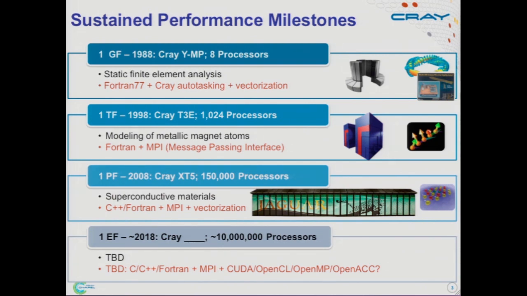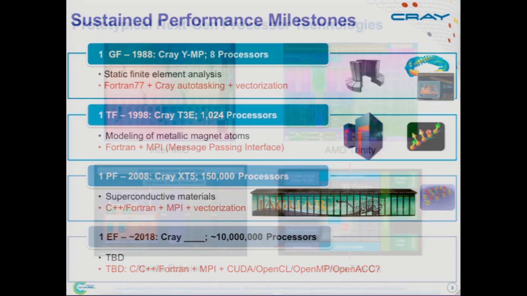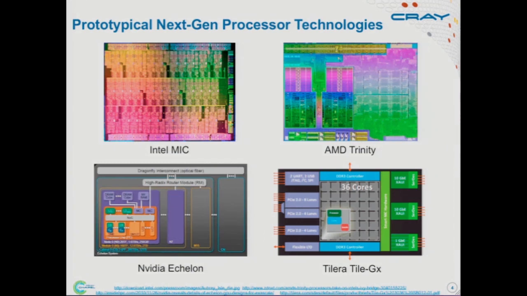So if you were to ask someone today, what's the conservative bet for what we're going to program that exaflop in, they would say, well, it's probably going to be some combination of C, C++, and Fortran, probably MPI for the internode concerns, and then something like CUDA or OpenCL or OpenMP or OpenACC, something of that ilk, within a node. Okay, and you guys have probably heard why this is this week already.